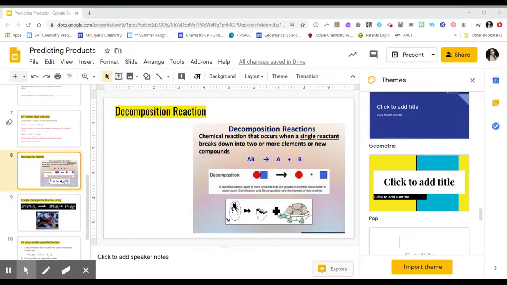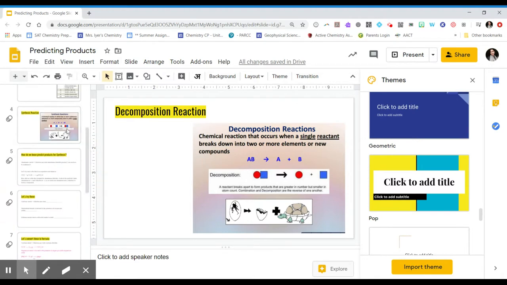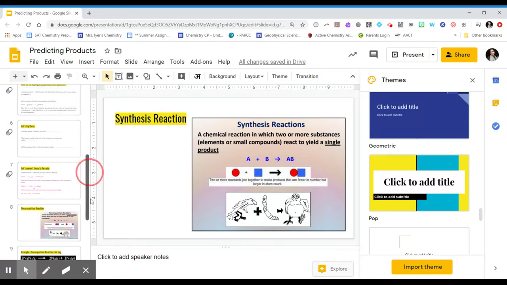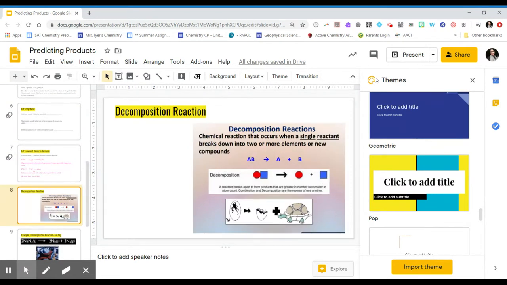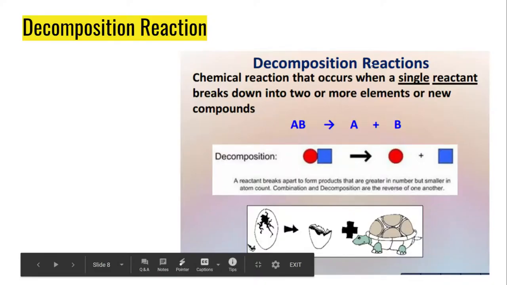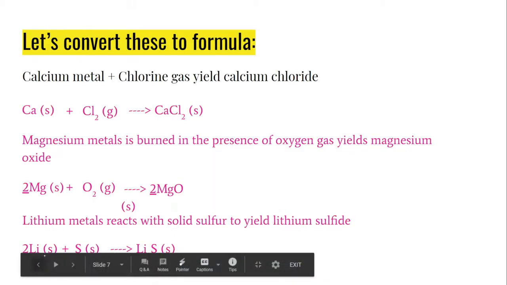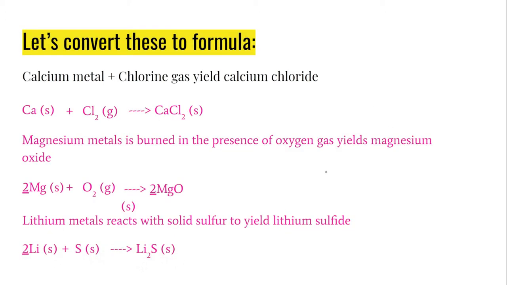So today I'm going to talk to you about decomposition reactions. Yesterday, we saw a synthesis reaction. In synthesis, we saw that things combine to become one product. So you have multiple reactants and a single product. Decomposition is just the opposite of a synthesis reaction. In a decomposition reaction, a single reactant breaks down into multiple